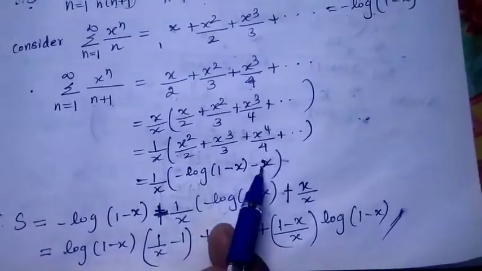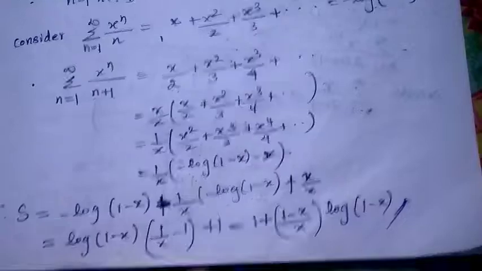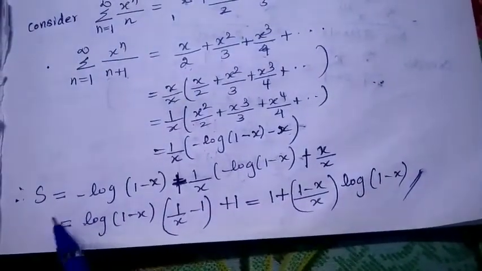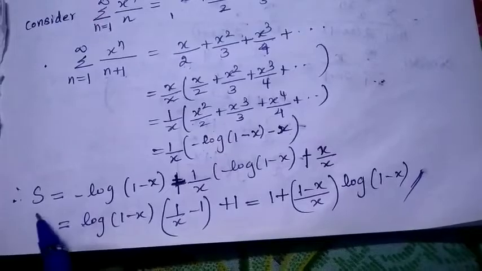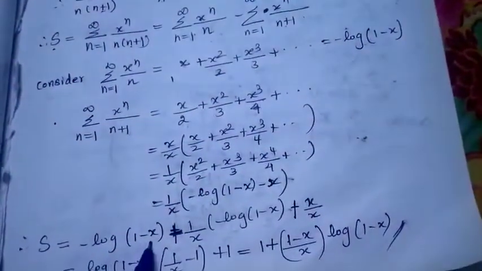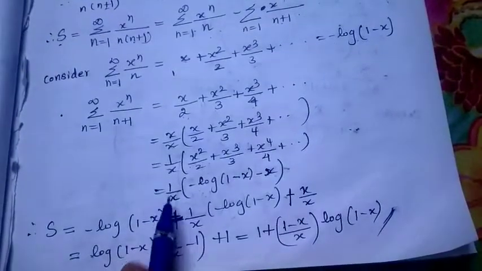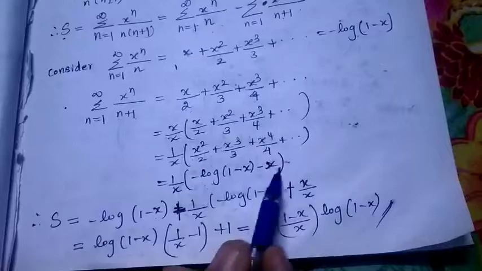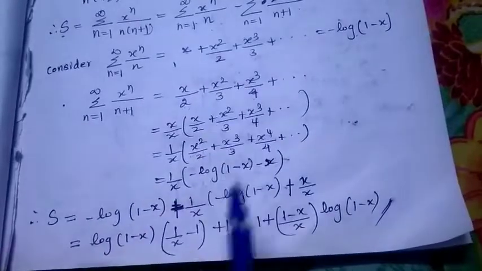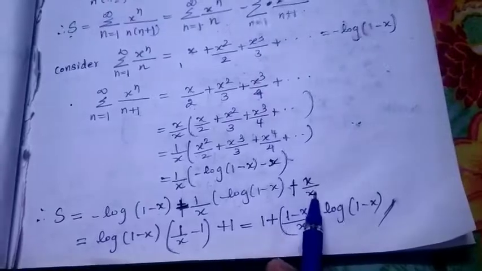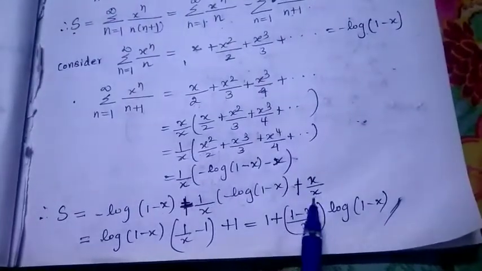So now this is in the form of minus log of 1 minus x, but one x alone is missing. So you can subtract that x, which means you can write that as minus x. So now just to replace the answer in the formula, S equal to summation, the value that we have found as minus log of 1 minus x. So next value is minus, already we have all the terms as minus, so minus and minus will become plus. So plus 1 by x minus log of 1 minus x plus x by x we have, right?